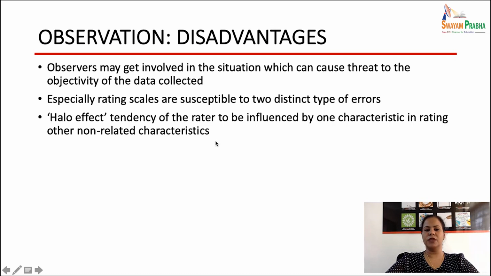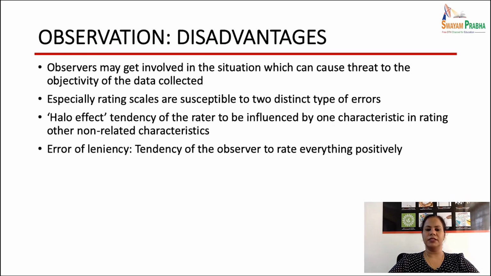For example, if a researcher has to observe something, and after observing he has to rate the subject whom he is observing, then sometimes the halo effect can be there. If a researcher or observer likes the other person, then irrespective of the way the person has behaved in that particular situation, he may give them a good rating only. So this is known as the halo rating, meaning based on the previous impression of that person, the researcher or the observer may rate the person in a positive way or negative way.